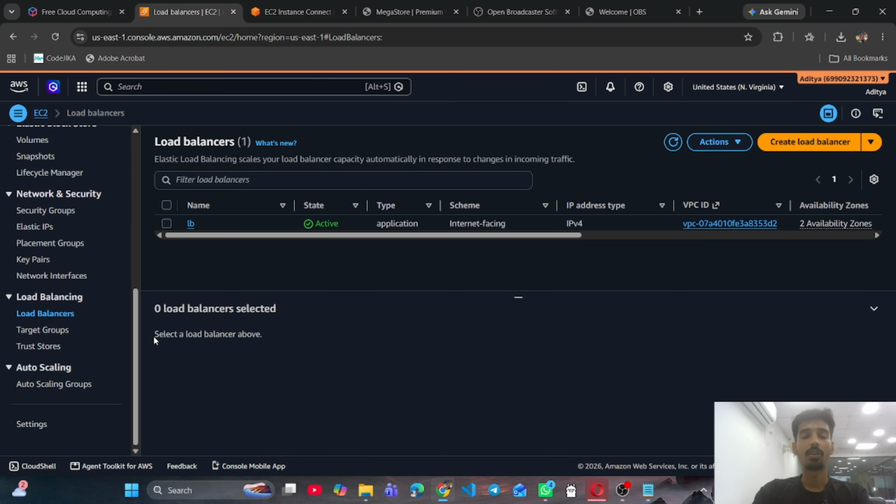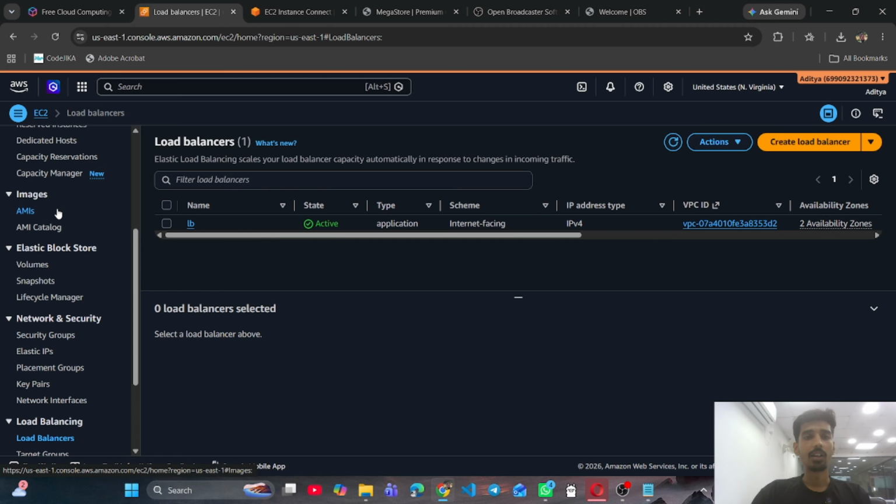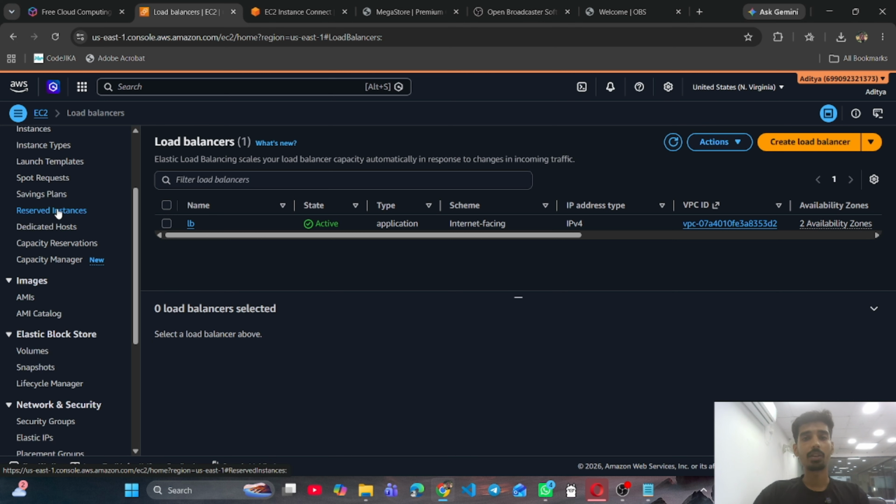In the security group, I have allowed the HTTP traffic from the load balancer only. So my private server would not be able to access the internet. And in the database security group, I have allowed the database to be accessed by the private servers only.